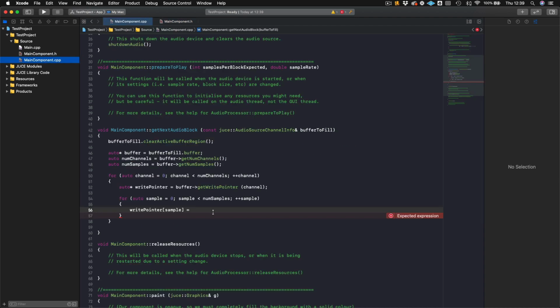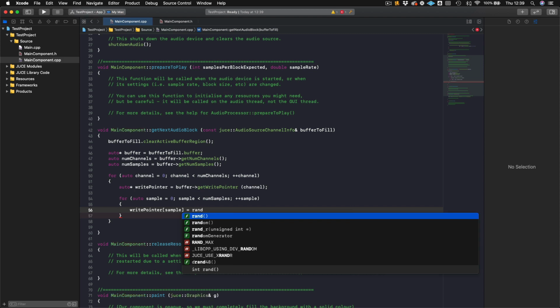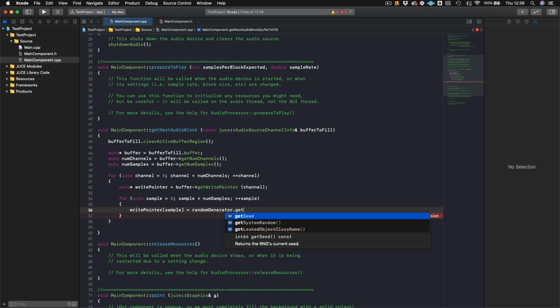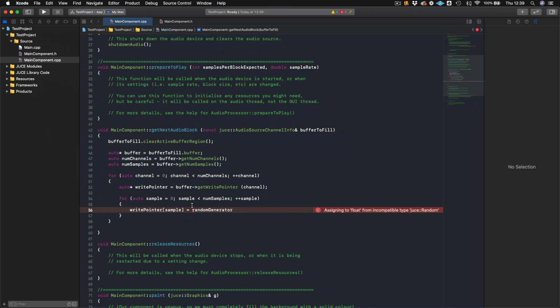And then going here, we could say random generator get next. Oh, do I got this right? Next float. Yeah, I always get those mixed up. So that will give us a number that's between 0 and 1